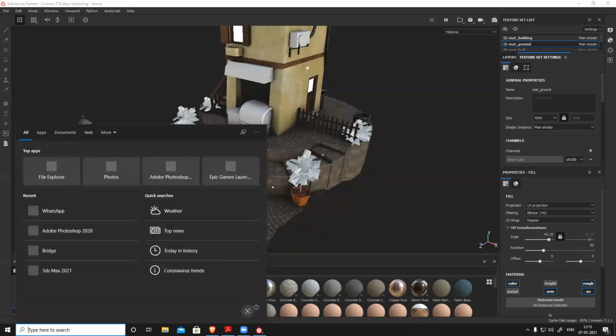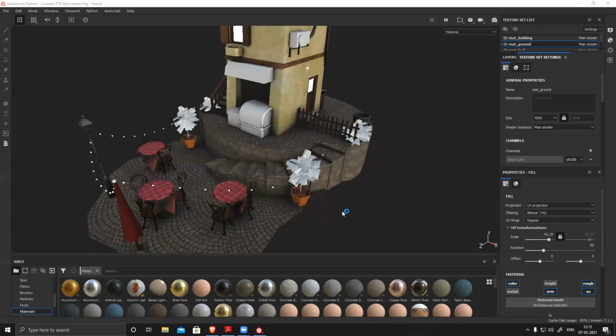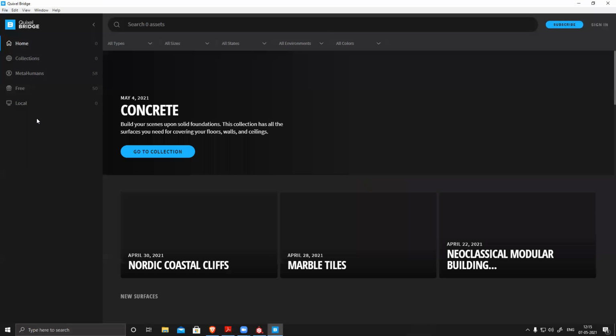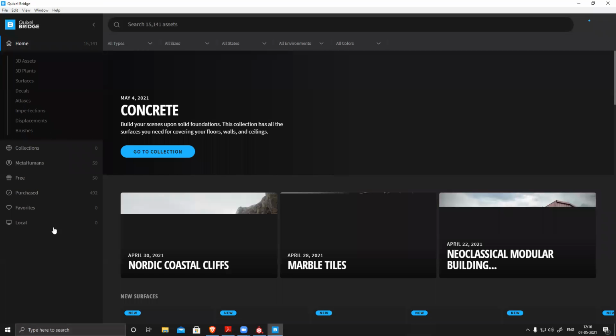So I again go back to my bridge. Let me see local. I don't have anything. Okay, it's loading. I guess my C drive has less space. That's why the system becomes slow.